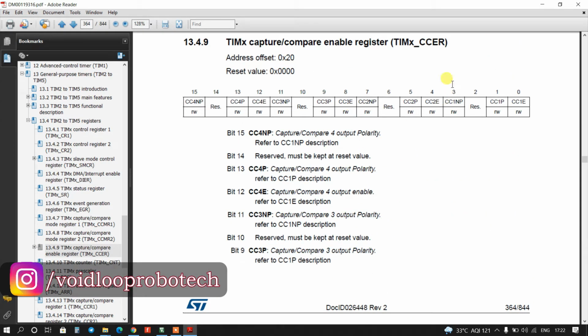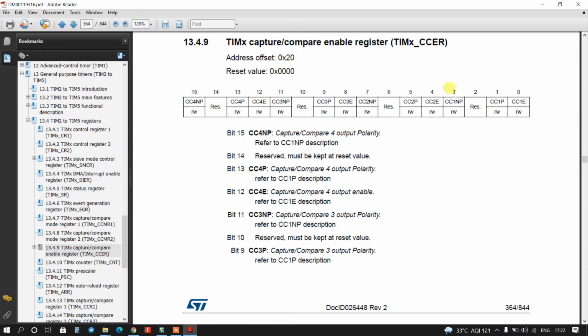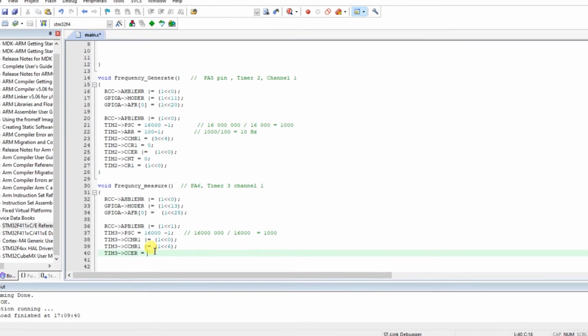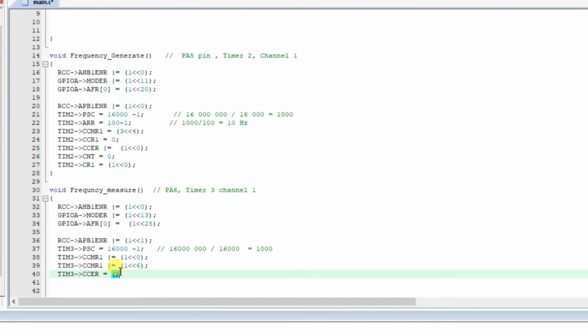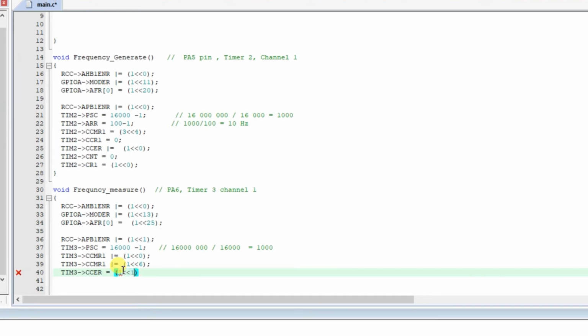So it means 1 0 1 1. In decimal form it will be 11. No, sorry, 11 left shifted by 0, right?